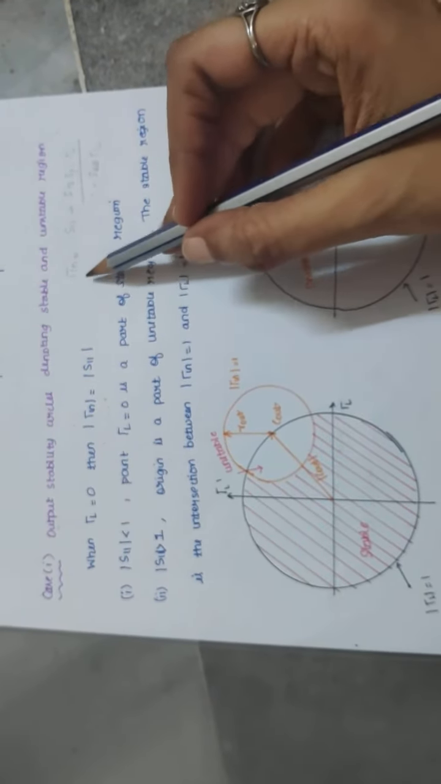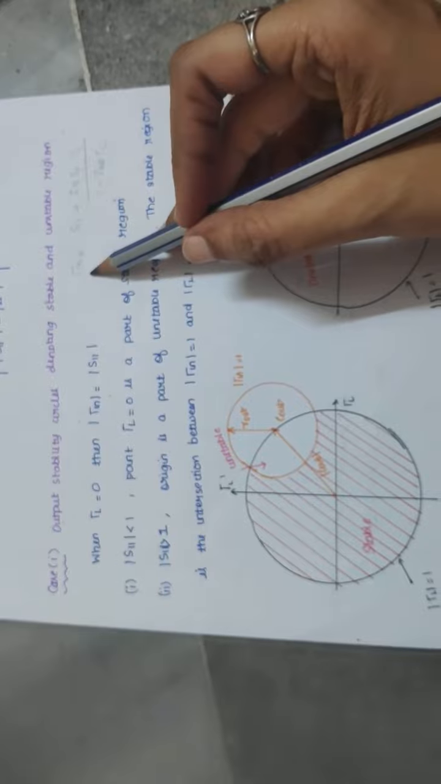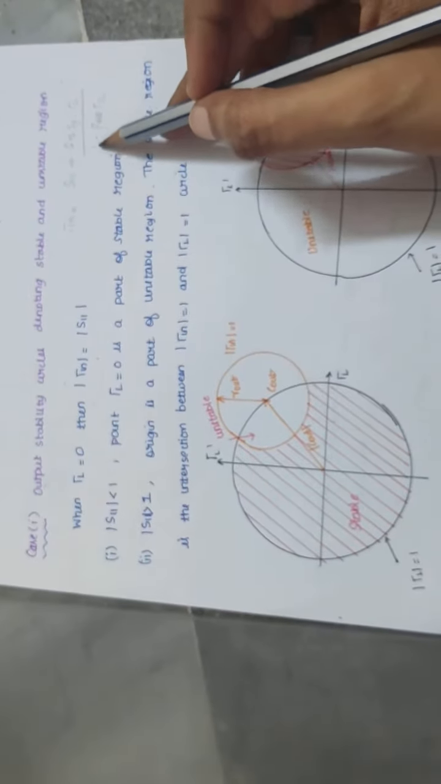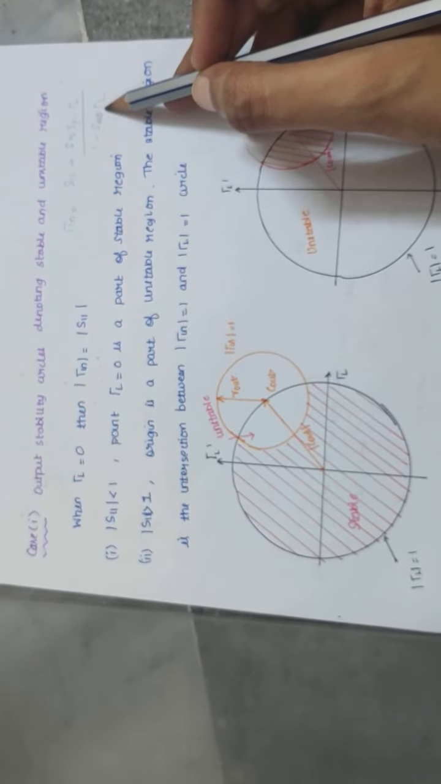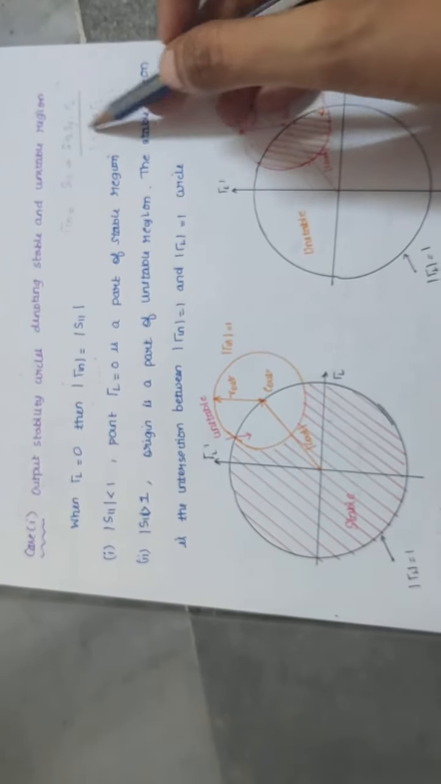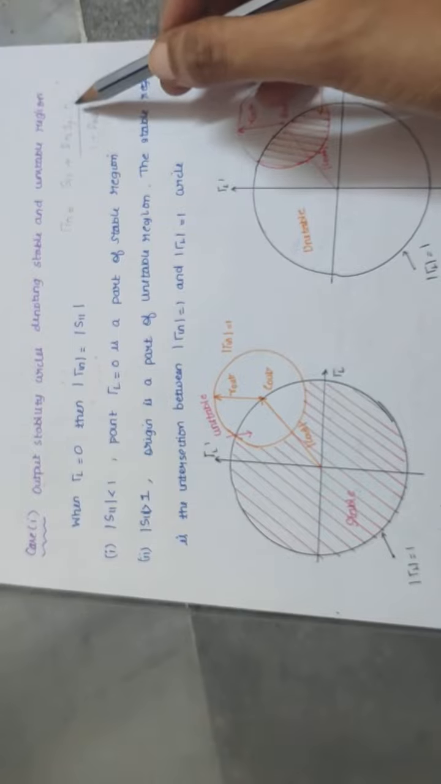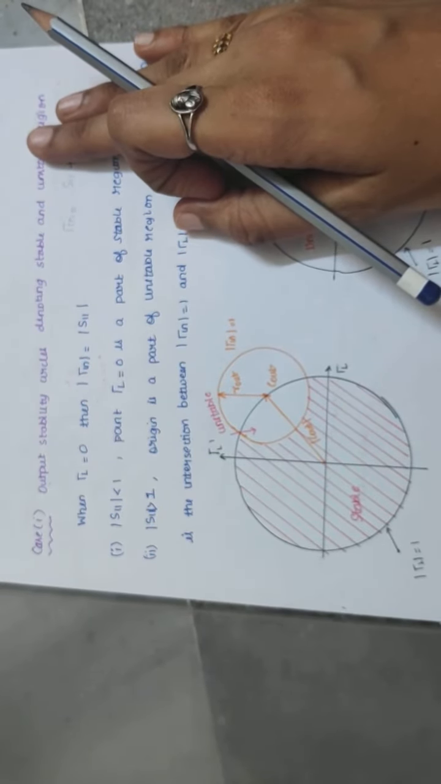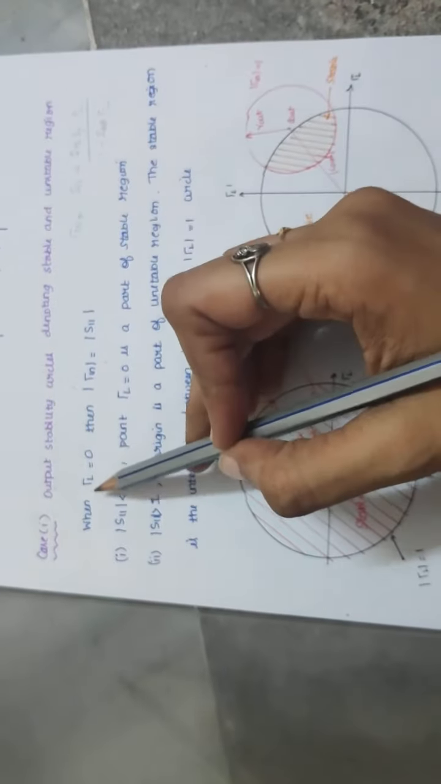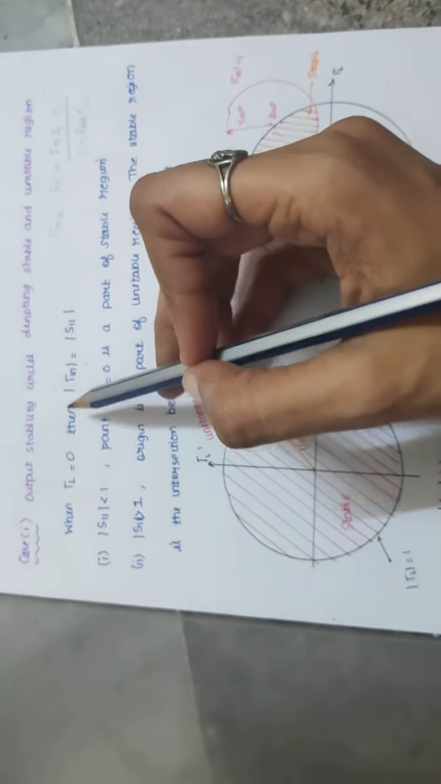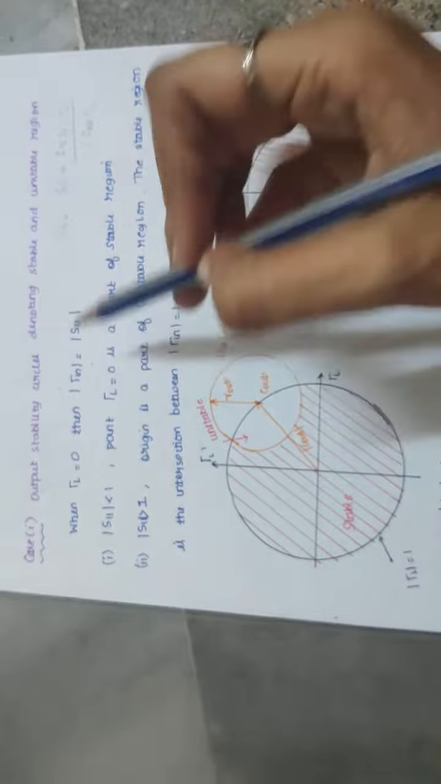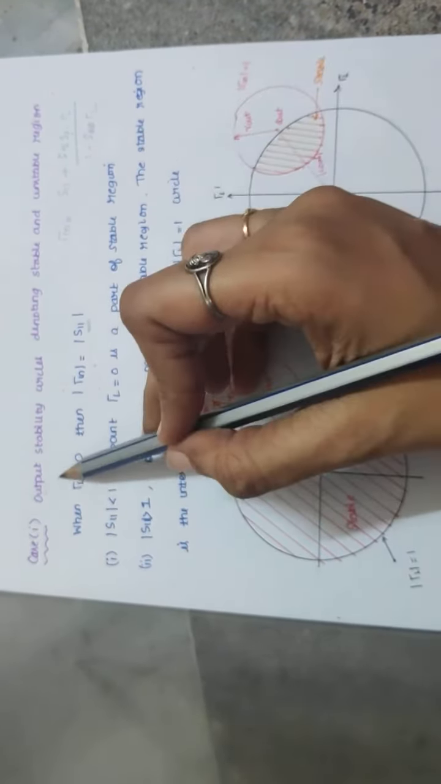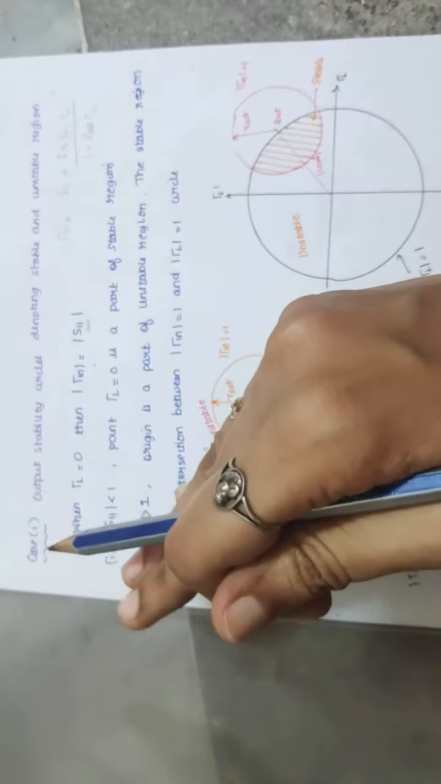To draw the output stability circle, let us take the tau1 expression once again. So it is S11 plus S12 S21 tau L divided by 1 minus S22 tau L. Now let us assume that the reflection at the output is 0, so let us take tau L to be 0. If this expression totally becomes 0, we will be getting tau1 is equal to S11. So therefore, when tau L is equal to 0, we can write tau1 is equal to S11. So based on S11 values only, we will predict the output stability circle to be whether a stable region or